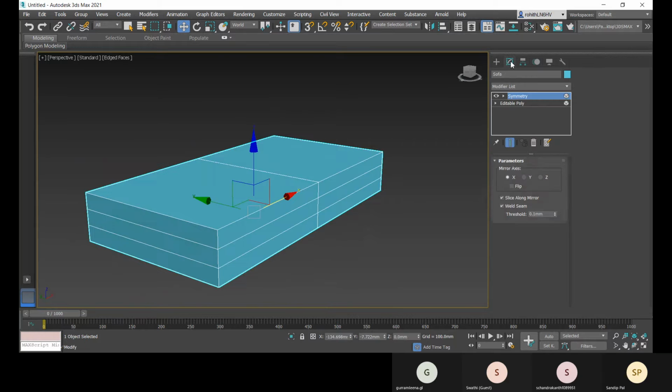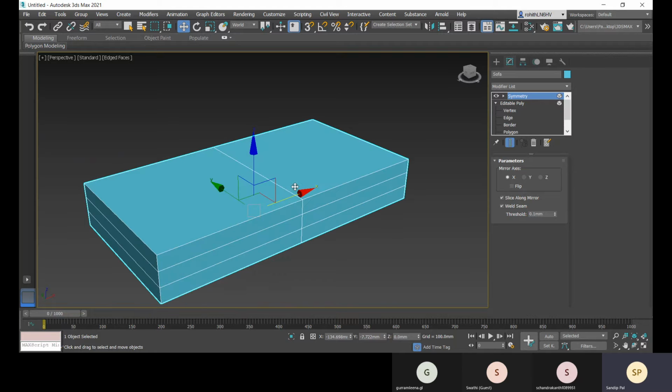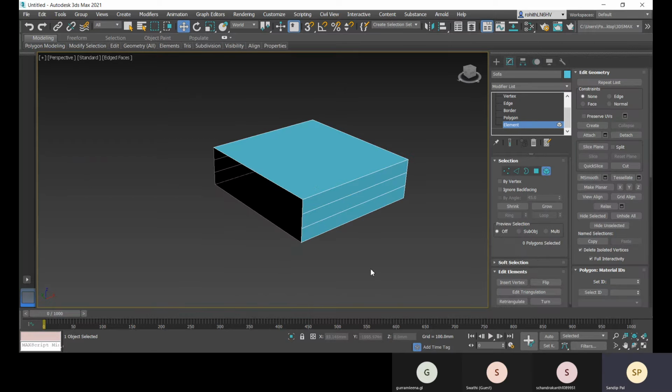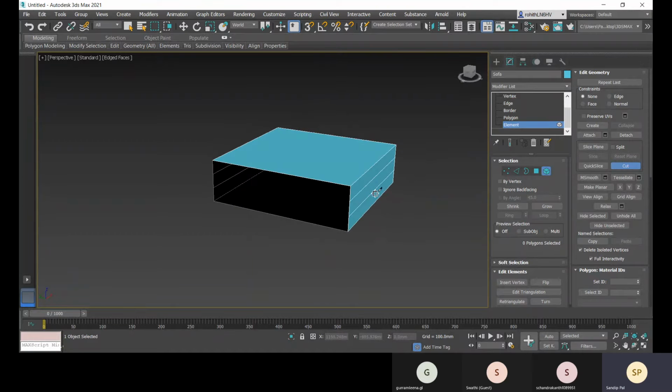Next we come here, and I'll start adding some more objects. Let me come to this editable poly here, and let me add some more edges onto it. And for that I have this cut option. If I'm cutting this surface, then it will add the edges. Okay,